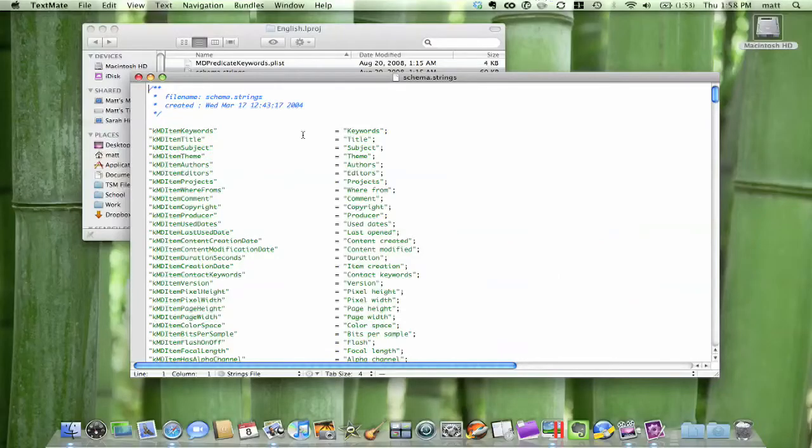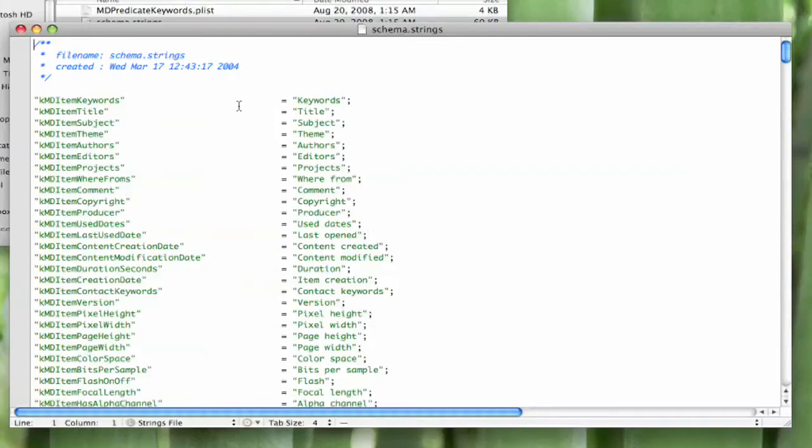Alright, I haven't found much documentation on the different ways you can filter your data, but I did find a string, and I'll put this in my show notes on the website, but it's hidden in a folder. It's system/libraries/coreservices.frameworks/frameworks/metadata.framework/resources/english.lproj/schema.string. And if you open this file with a text editor or TextMate, you can kind of see the different